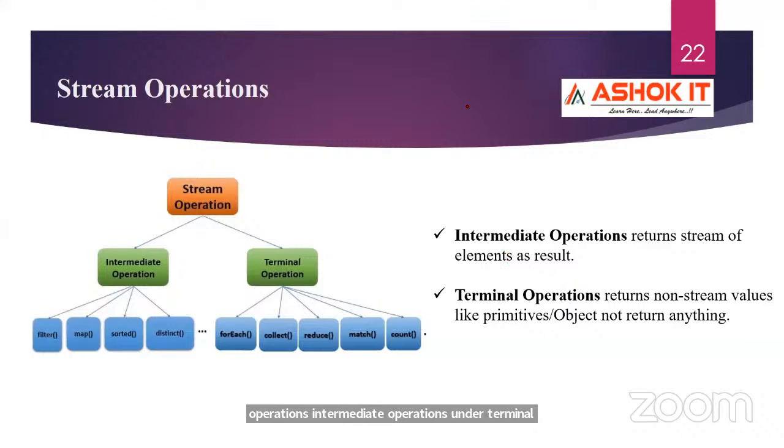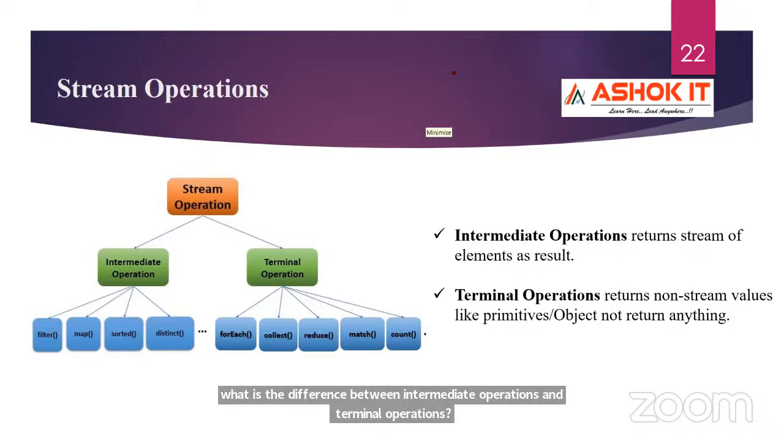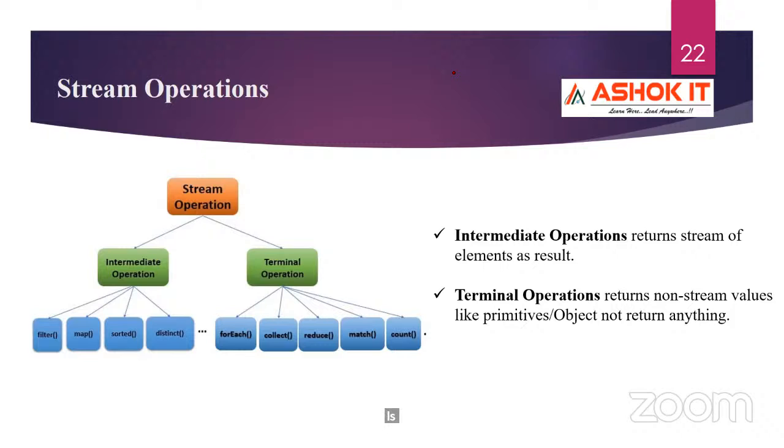Okay, so there are two kinds of operations in streams. One is intermediate operations, and the other is terminal operations. What is the difference between them? As I already told you last week, the return type of intermediate operations is always a stream object. If you take the filter method or the map method,